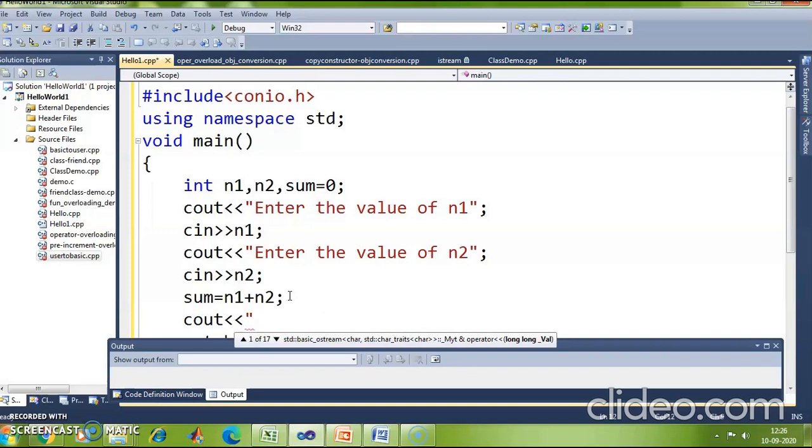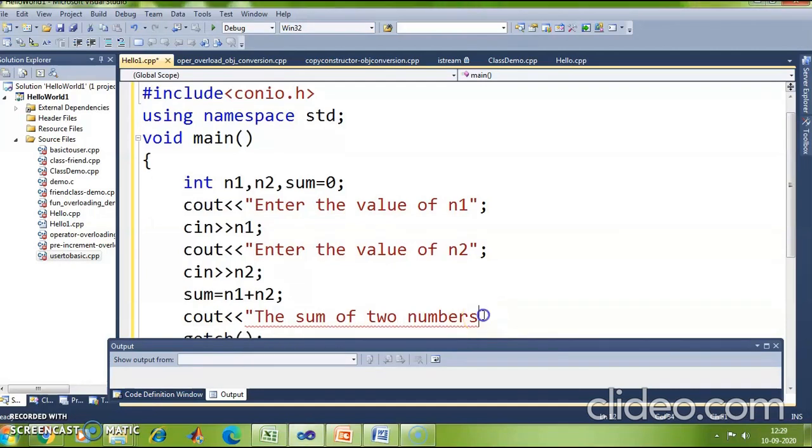So, I want to print "The sum of two numbers n1 and n2 is equal to". So, I will write here "The sum of two numbers". I would also like to print the value of n1 and n2.